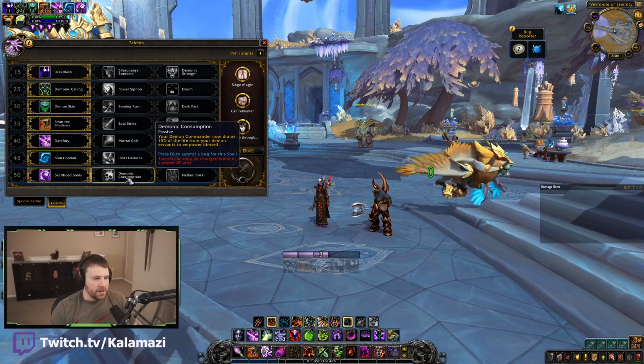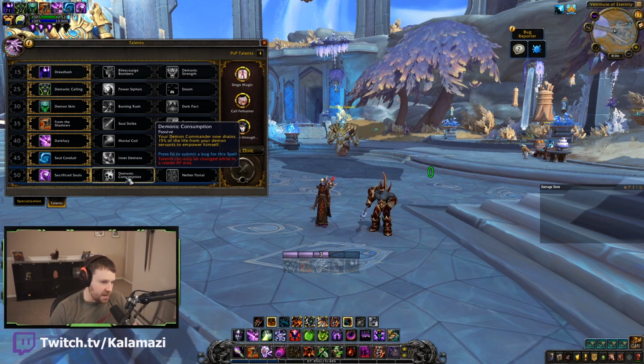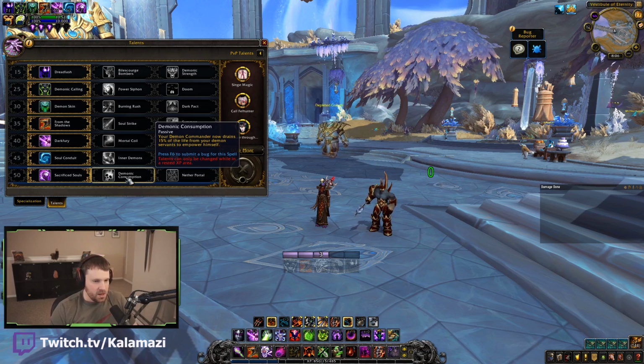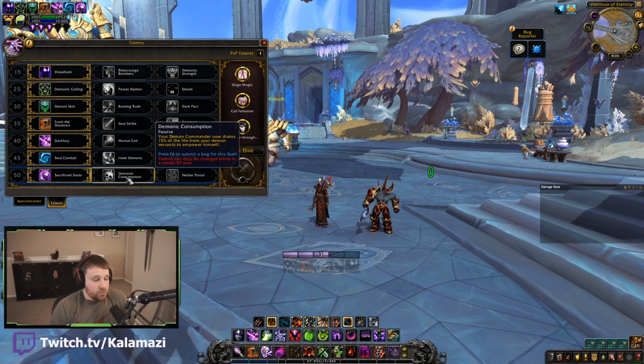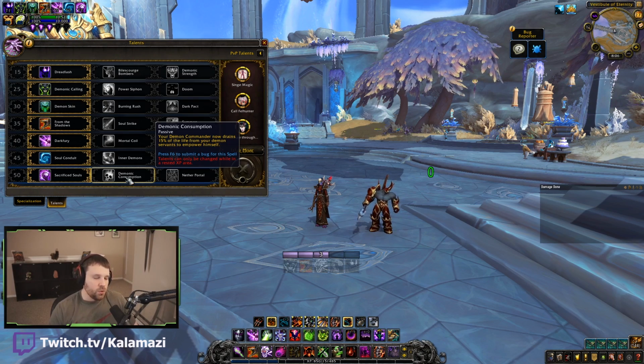So currently on live, Demonic Consumption, your Demonic Commander's power amp from this talent is based off the number of imps that it consumes. It will actually suck them up and kill them, essentially buffing itself damage-wise. Now, that is one of the reasons why LOSing imps in Mythic Plus and rating, wherever, is huge. Because, like we talked about a few minutes ago, your imp's energy is based off how many Firebolt casts